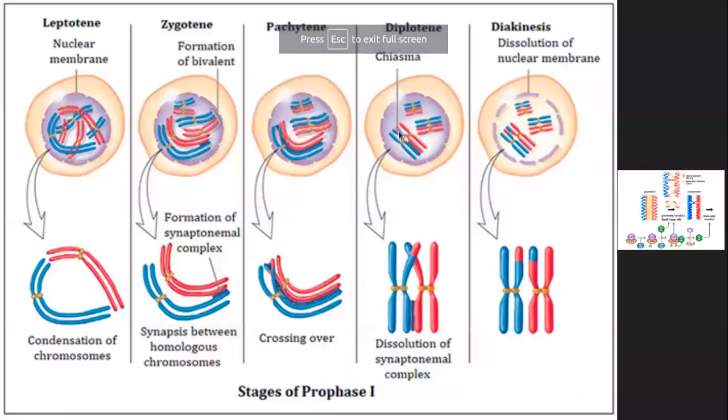If you see carefully in this portion, these 2 homologous chromosomes have formed a pair. Now here it is red and blue. The red has exchanged a part with blue, and the blue has exchanged a part with red. So a small portion of the chromosome gets exchanged. This structure is called the chiasma. That is what is being labeled here. You can see here very carefully, right?